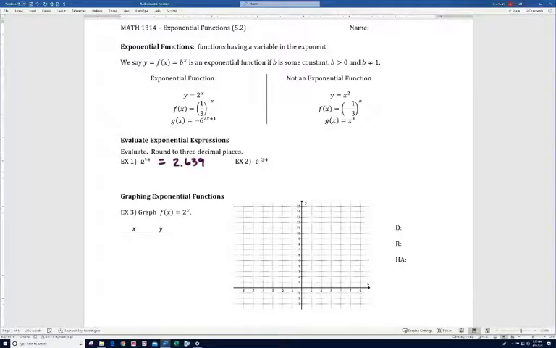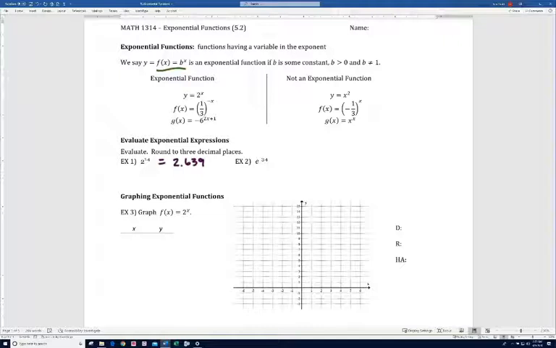All right, in this section we'll be looking at exponential functions. Notice it says exponential functions are functions having a variable in the exponent. We say y equals f of x equals b to the x, really we just need this part here, is an exponential function if b is some constant, so a number like 2 or 3, some fixed value,